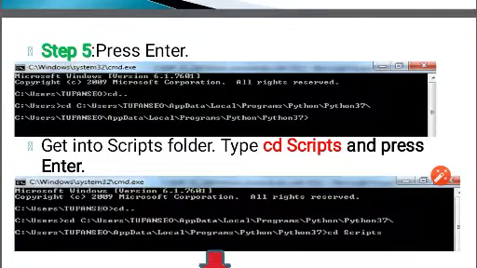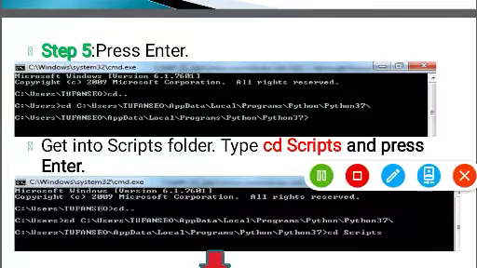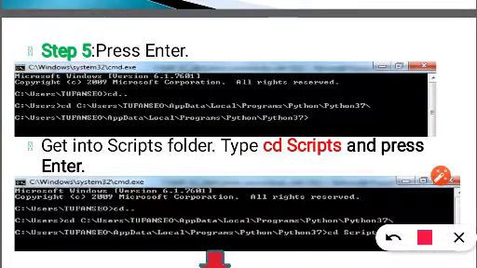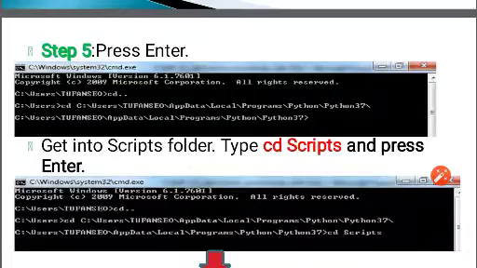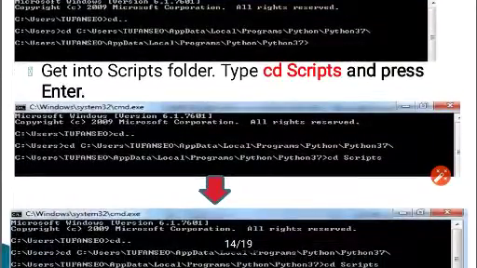Now when we have entered that folder, we are now getting inside the scripts folder, which is inside this Python folder. So how to get into that?